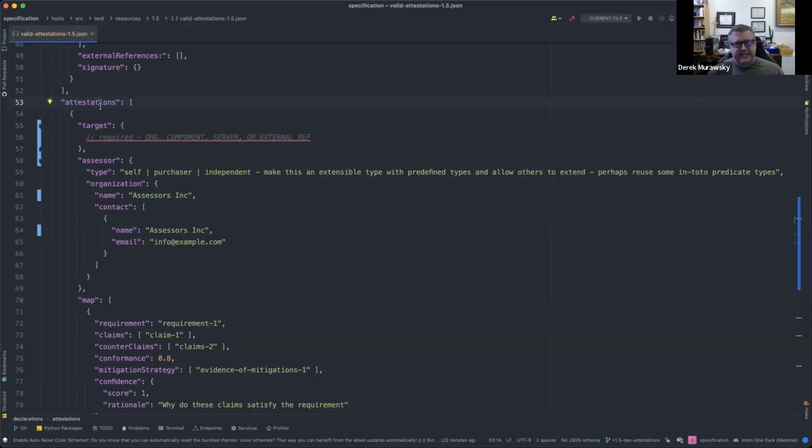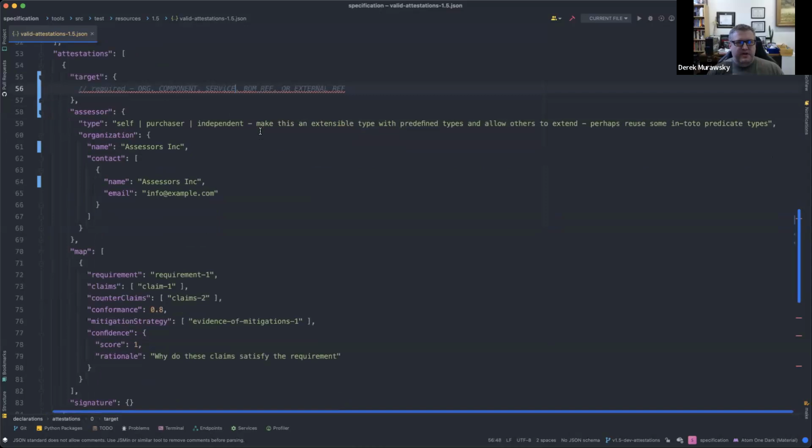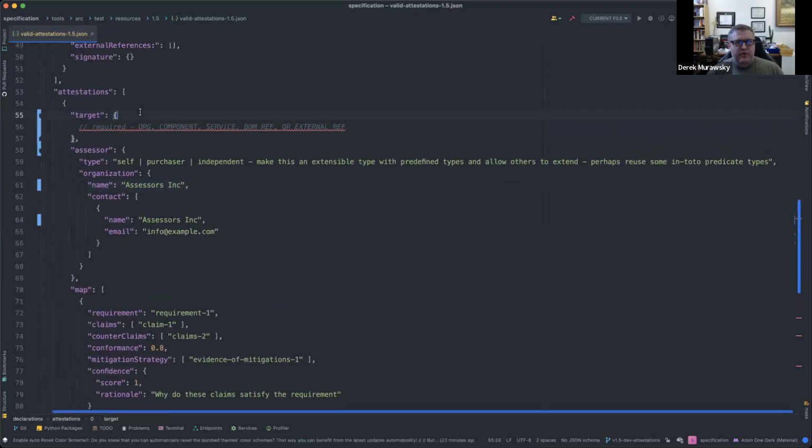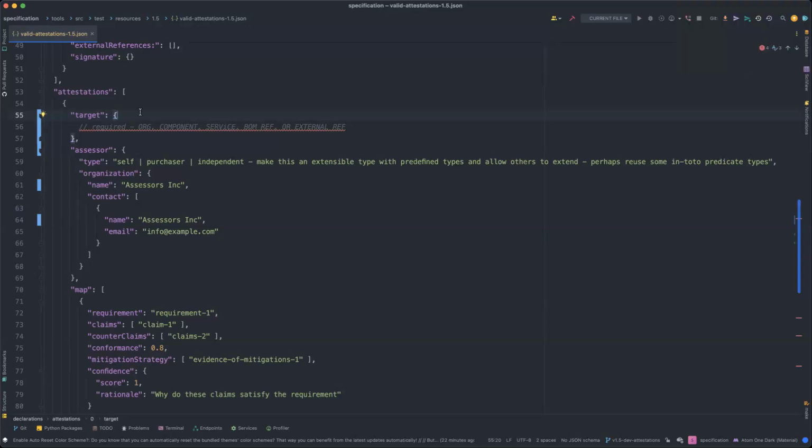One attestation would be a collection of requirements, claims, counterclaims, the overall conformance and score for a particular target. And it could also include the assessor, the one who did the assessment, and it's all for a particular target. That way we could support multiple attestations for different targets in one document fairly cleanly, but we could also just easily target one in that same manner. No, I think you sold me.